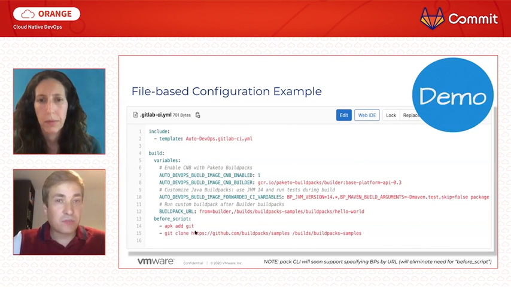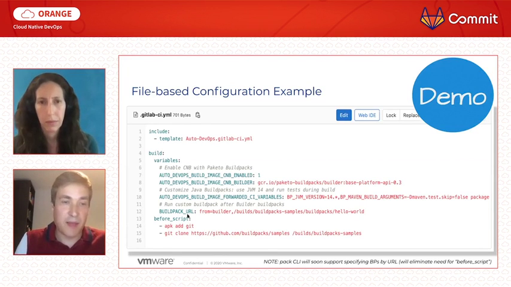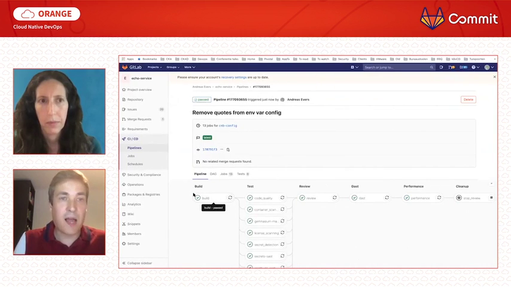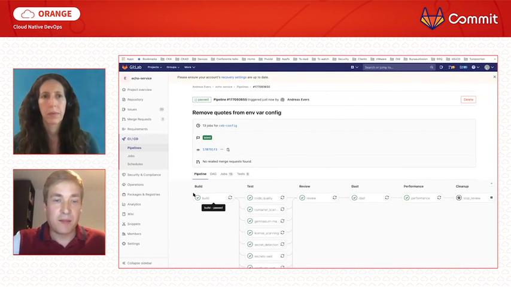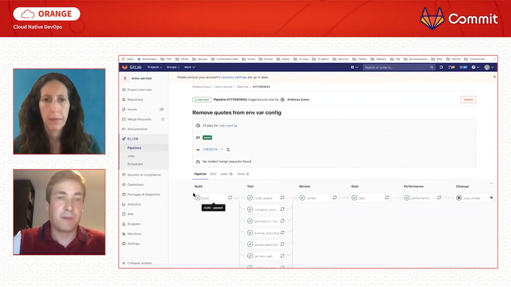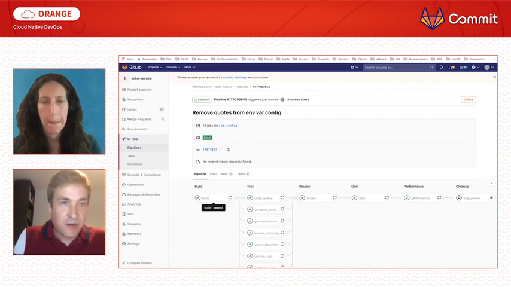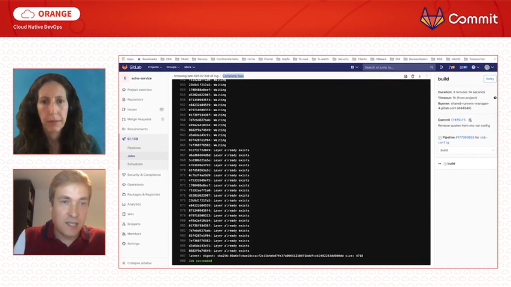And in the before script, we can add any logic on top of the Auto DevOps default behavior. And currently, we clone the buildpacks samples repository, and reference that in the buildpack URL, as you can see here. Okay, let's take a look at the logs of this pipeline run specifically. Now, I've triggered this pipeline while Cora was talking to speed things up a bit. So if we take a look at this build stage here, you can see it has succeeded, but the logs